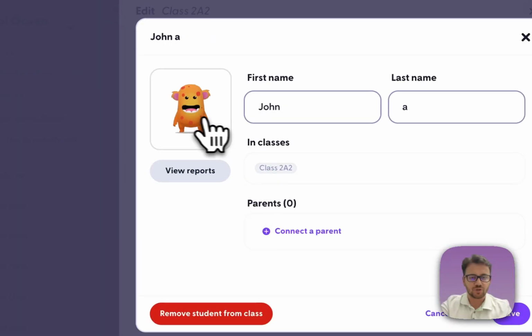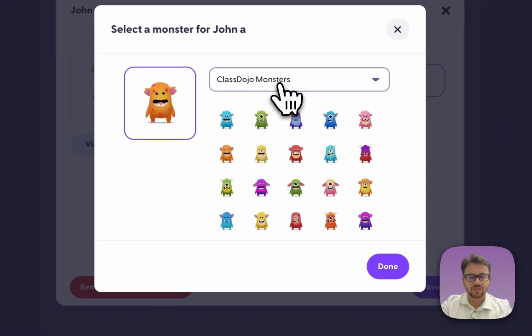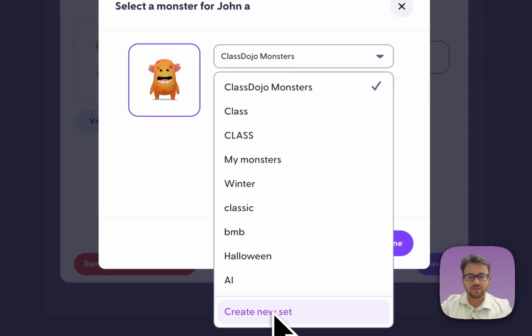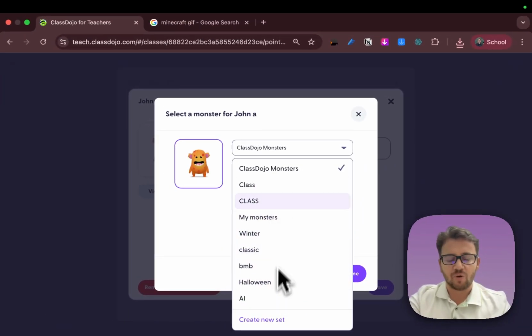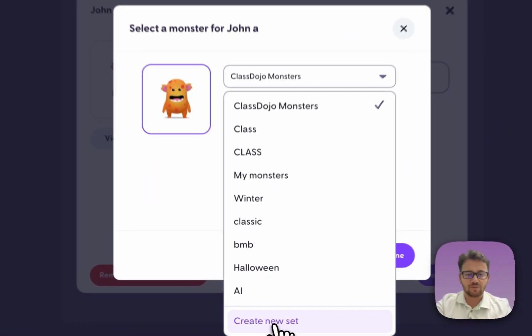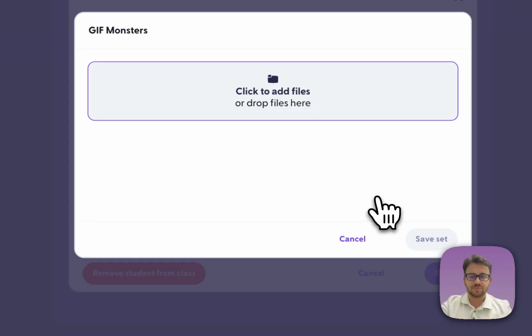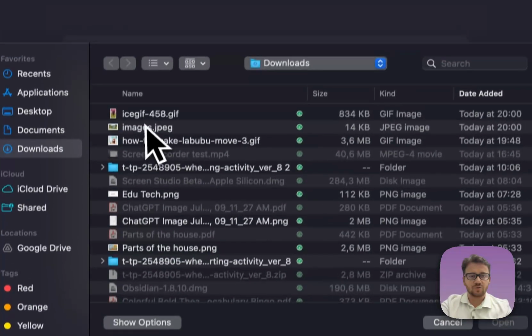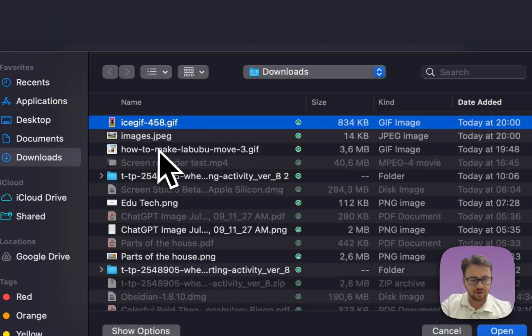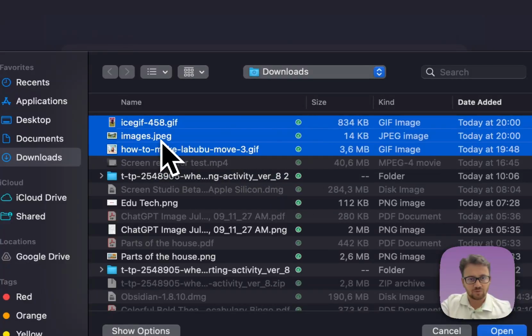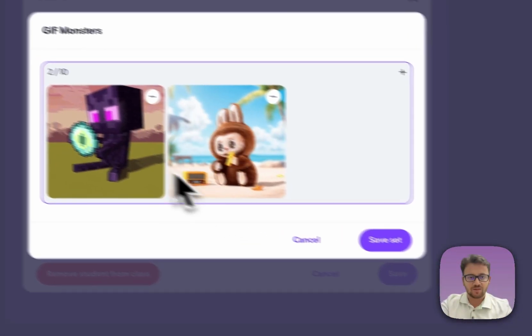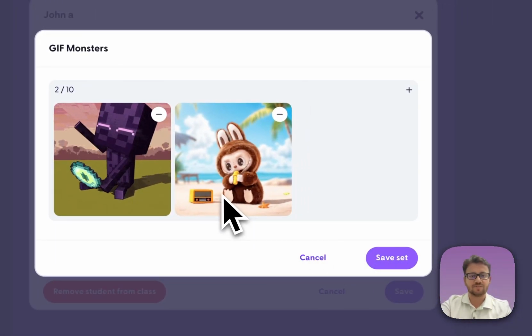image, say John, click the avatar, and then you can either create a new set, or from the sets that you already created you can upload the image or the GIF there. Let's say I will create a new set, call it maybe GIF monsters. Create monster sets, you add, so I have one GIF here, I have one that I've downloaded before, so I have two GIFs here. Save the set,